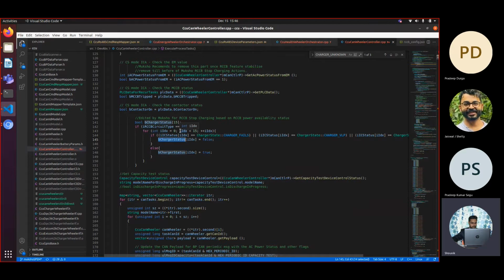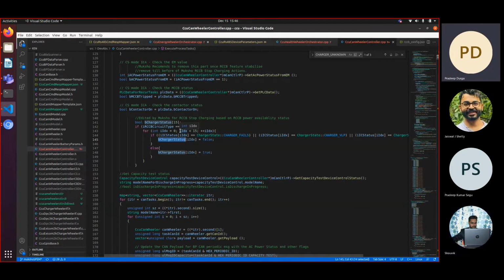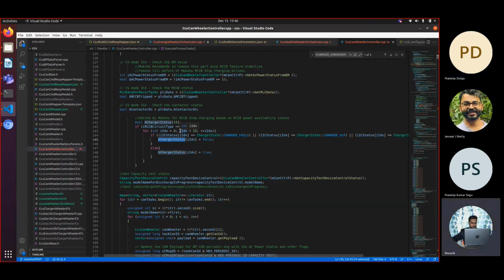Yes, Pradeep, you were asking something. What I was asking is, are there any blockers, which we have taken to the next phase, something like current calculation? No, the RCCB feature does not have anything for the current calculation.